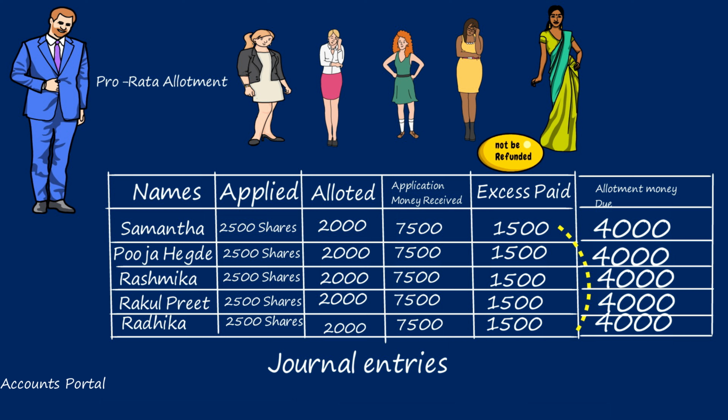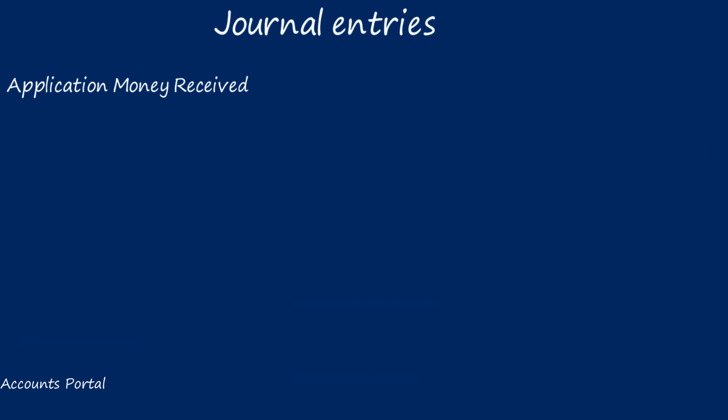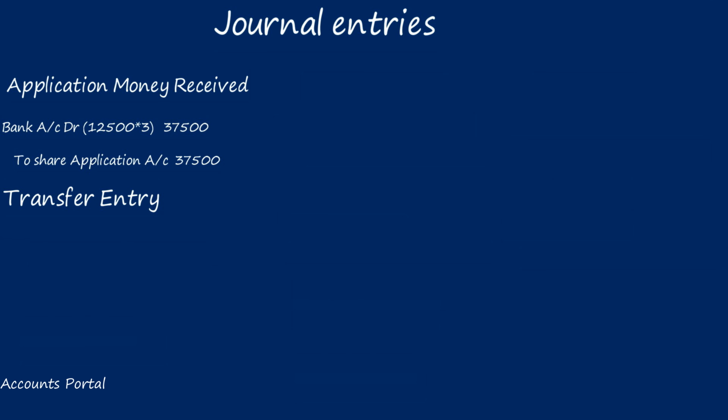Dear students, after Kumaram Beam's appointment as a share allotment manager, let us pass general entries in case of pro rata allotment. Share application money received, general entry. Bank account debit, number of applications received into application money per share, 12,500 into 3, how much, Nana? 37,500. To share application account 37,500. Transfer entry, share application account debit